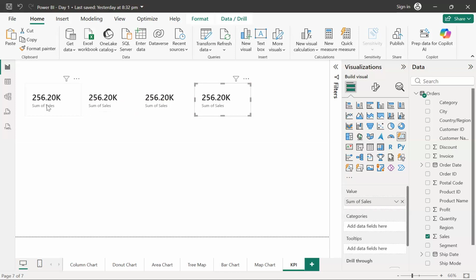So the first information, guys, is going to be the sum of sales. The next information is, let's say, how many total rows we have, or how many total orders we actually have.